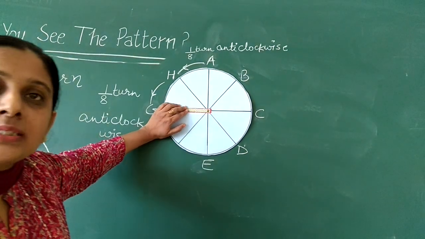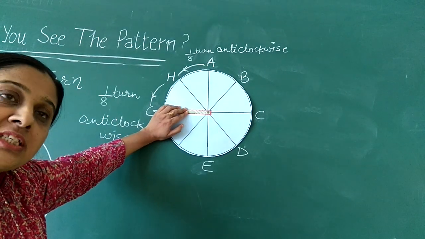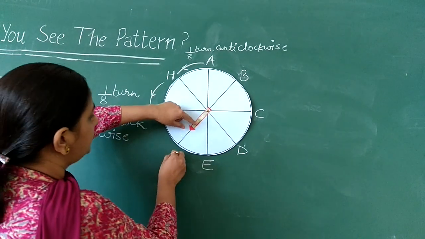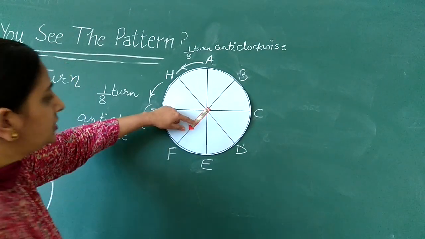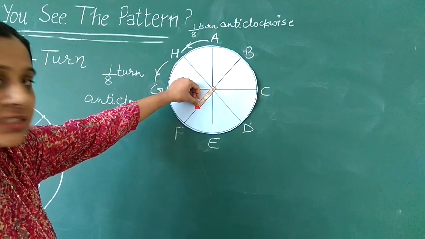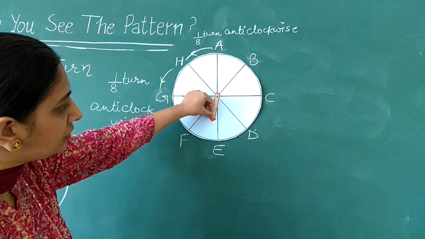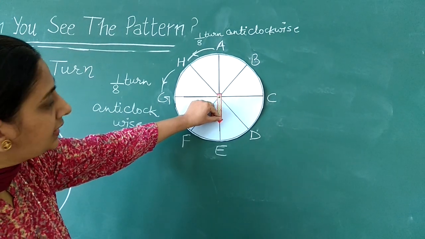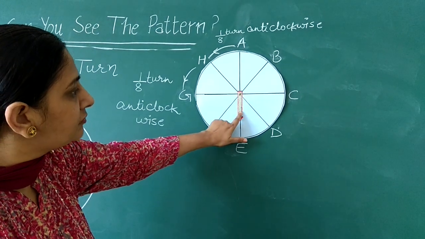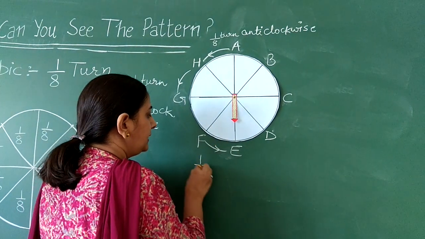Now we are going to discuss 1/8 turn in anti-clockwise direction, but this time we will change the position of the pointer. Let us consider this is the starting position of the pointer. It is pointing towards letter F. Now where will it move after taking 1/8 turn in anti-clockwise direction? It will start from here, it will cover 1/8 part of the circle, and now it is pointing towards letter E. So the changing position of this pointer from letter F to letter E, we will call it 1/8 turn